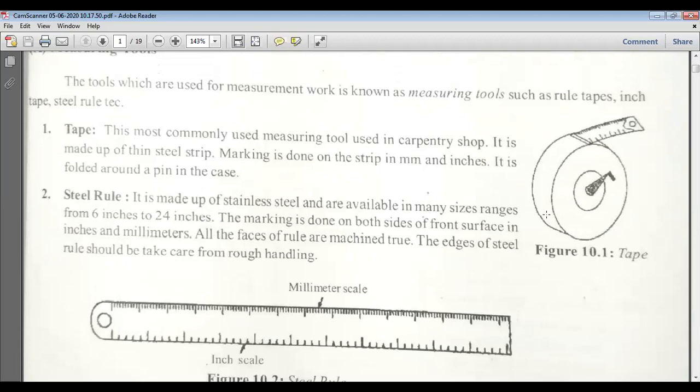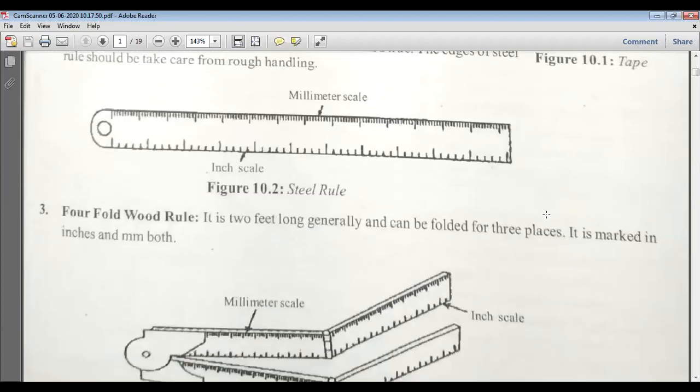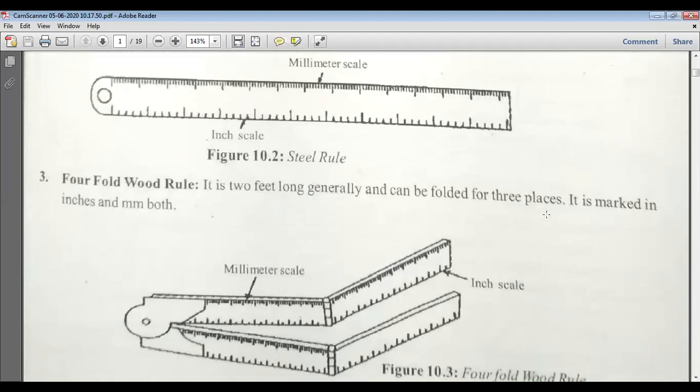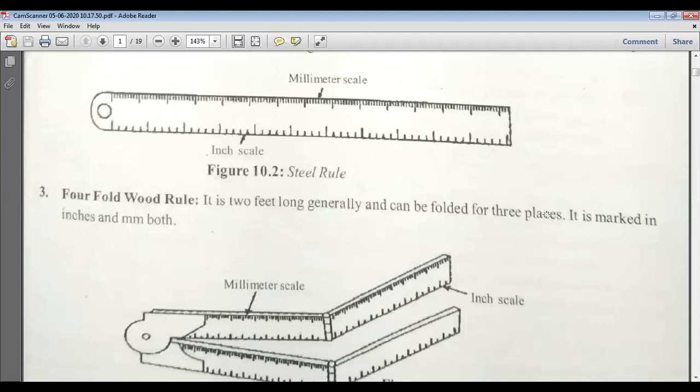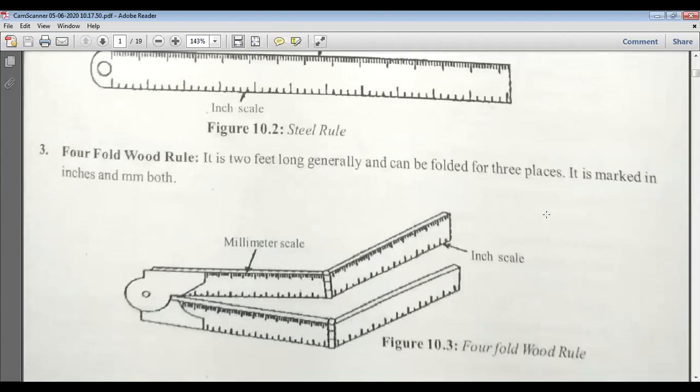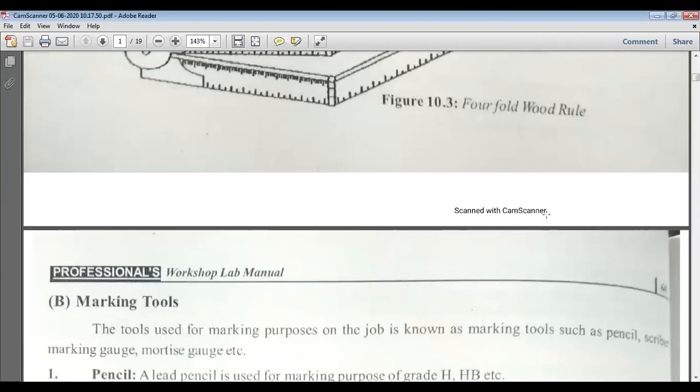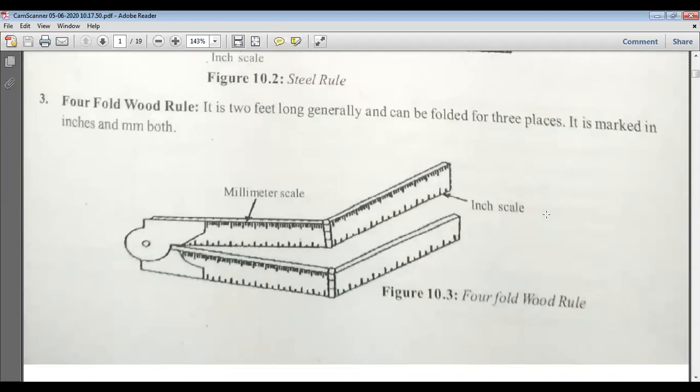Steel rules are 6 inches to 24 inches, that is half a foot to 2 feet. Then the four fold wood rule is also a measuring device, but it is folded into four sections, and these are opened for full length. So these are the measuring tools that we have to study.